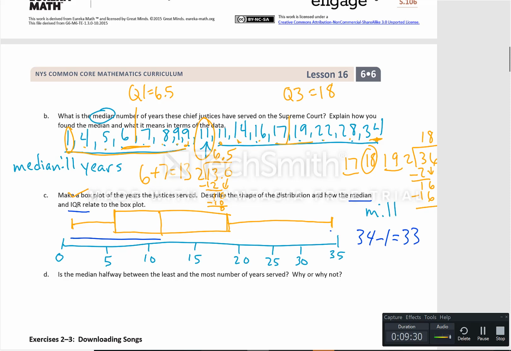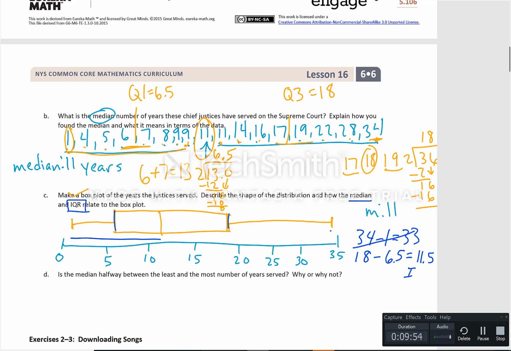It's 33. But it's asking me to focus on that interquartile range instead, which remember is Q1 and Q3. So my interquartile range is 18 minus 6 and a half. When I subtract those two, I'll have 11 and 5/10. So that is my